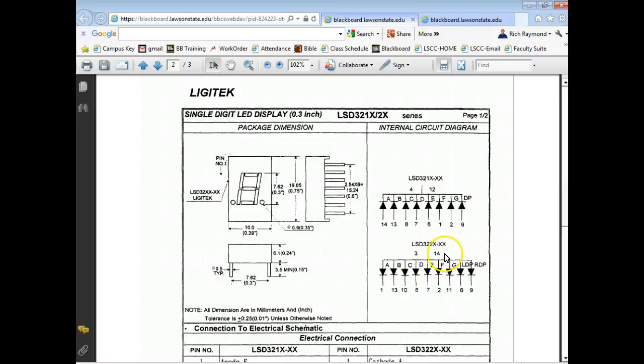Common anode, you can buy it with either a right-hand decimal point or a left-hand decimal point. If you bought it with the right-hand decimal point, you use pin 9 to turn on the decimal point. If you bought it with a left-hand decimal point, you connect it to pin 6. That makes sense? So when you go up and buy these things,